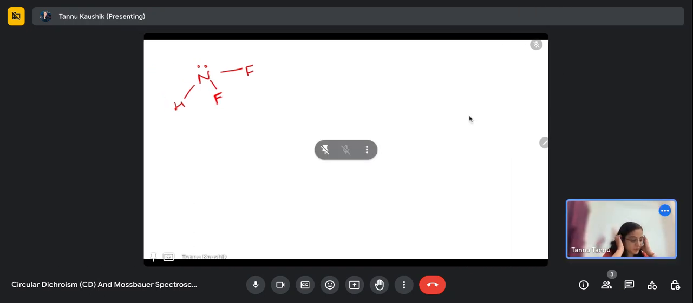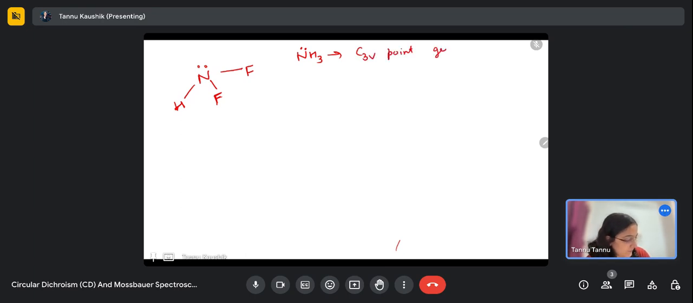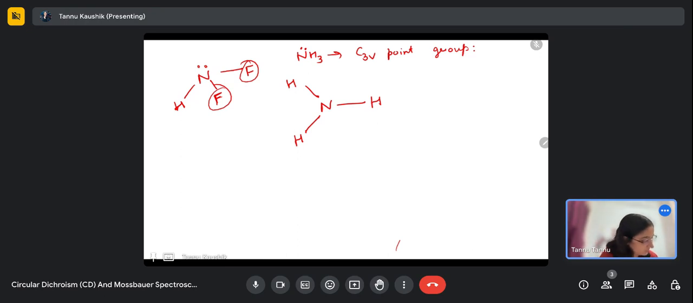Okay. So here this is similar to ammonia, NH3. Ammonia belongs to the C3v point group. But in this molecule, we don't have three similar substituents, that is hydrogen, we have two fluorine atoms also. So if I represent this molecule like NHF2, sorry, I just